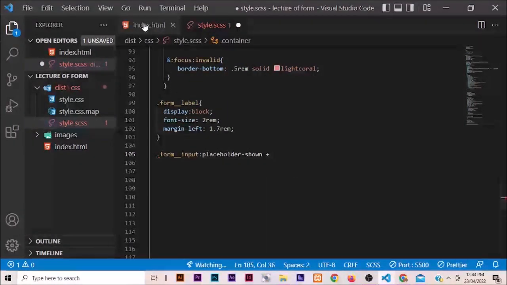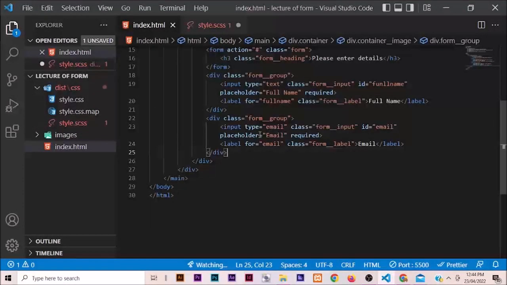So let me show you why we are using this. You can see we have the group. The form group is the parent element of the input and the label. So the input and label here, they are siblings. They are children of the group element, and we want to select the label when the input